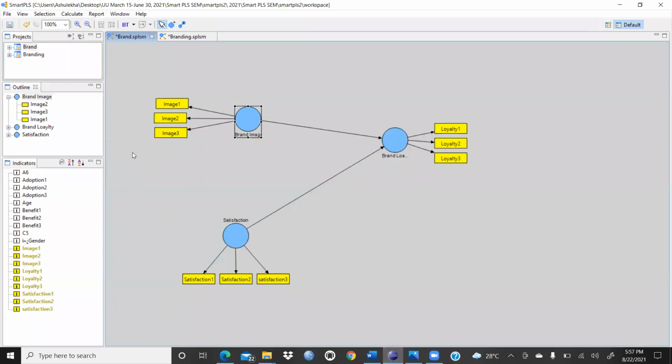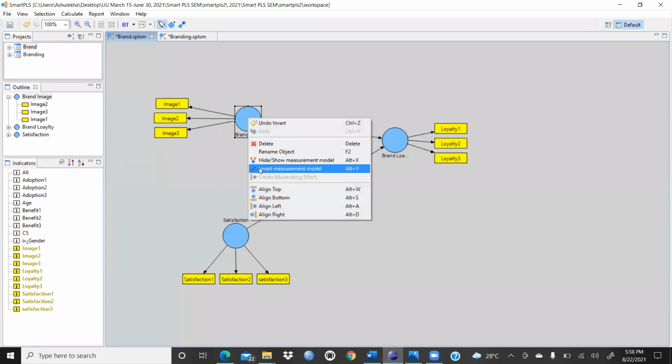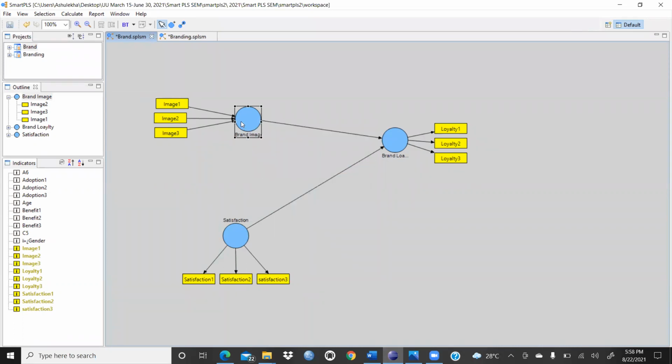This is my model. I have taken three constructs: brand image, brand loyalty, and satisfaction. You can see this is reflecting a reflective model. But when we invert the measurement model, now you can see all the arrows are reversed. That means this construct is caused by these statements, these items.